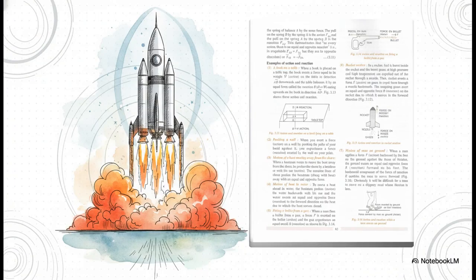Let's just look at the rocket, because it's the perfect example. The rocket's engine exerts a gigantic downward force on the hot exhaust gases. That is the action. And in return, those gases exert an equal and opposite upward force on the rocket. That's the reaction. The forces are identical in strength, but they're acting on different objects. The superlight gas gets blasted away, while the super heavy rocket accelerates up into the sky. And that is how you get to space.